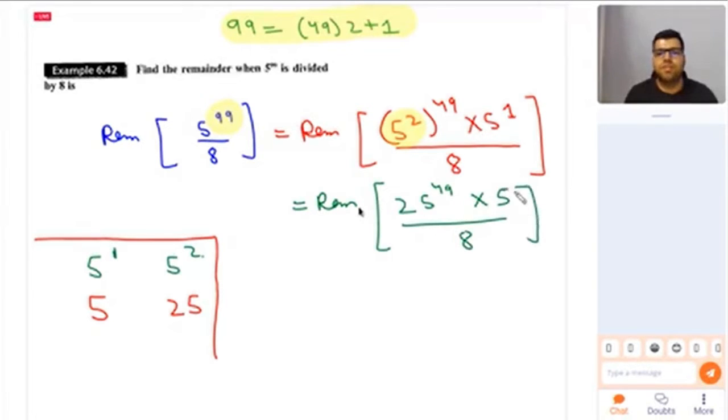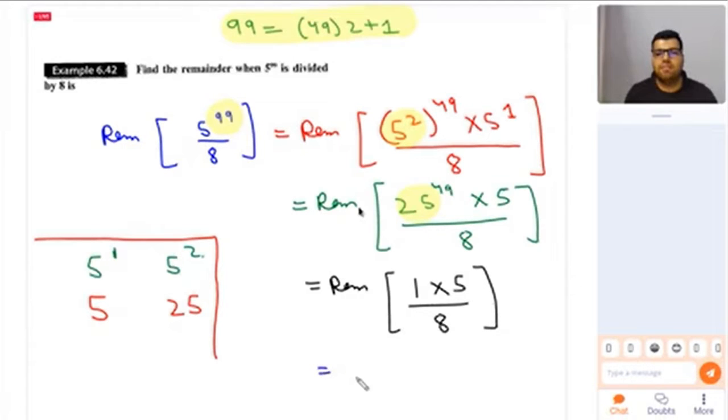We will just replace this number 25 with its remainder with 8. So this is equal to REM. So remainder of 25 with 8 is 1. So 1 raised to power 49, it is 1 only. 1 into 5 divided by 8. So ultimately what we are getting is